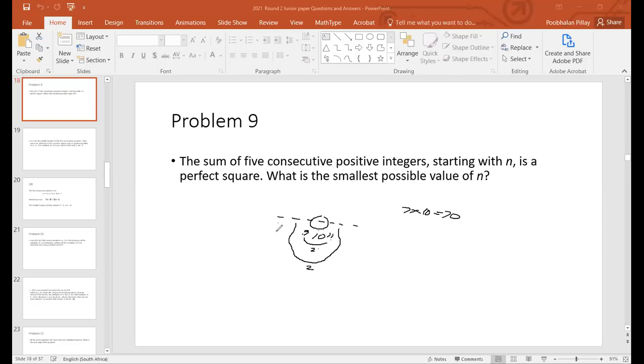When you add them, you'll get another 2 tens. And here too, you've got 3 less, and 3 more. I'm not even writing them down. I've got 7 and 13 to be precise. 7 plus 13 is 20. The reason is you've got 3 less and 3 more, so you've got 2 tens again. So you have 2, 2, 2 and 1 ten, which gives you 7 tens. So it's really 7 times the middle. So if you've got 5 consecutive integers, and you knew this fact, which I don't expect you to know,